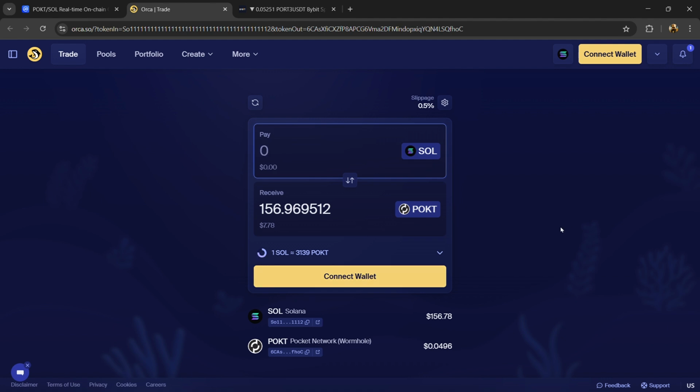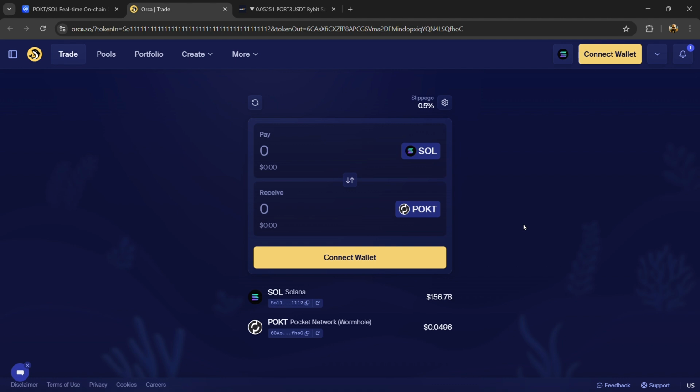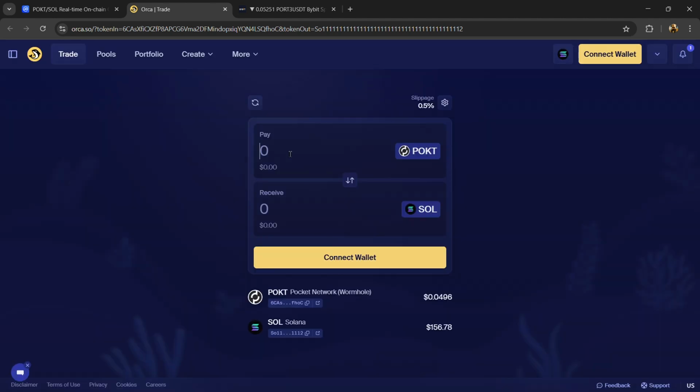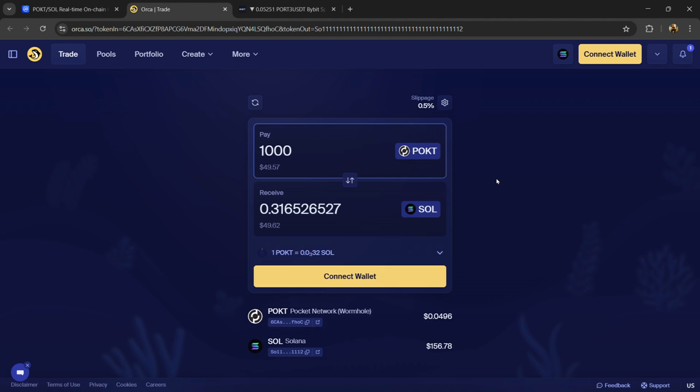And if you want to sell this token on this decentralized exchange, then click on this arrow, and again you need to connect your wallet or mobile wallet from this exchange, and here you will enter the number of tokens that you have, and finally you will confirm the transaction. Then you will receive Solana coin in exchange for this token in your wallet. So in this way you can buy and sell this token on centralized and decentralized exchanges.